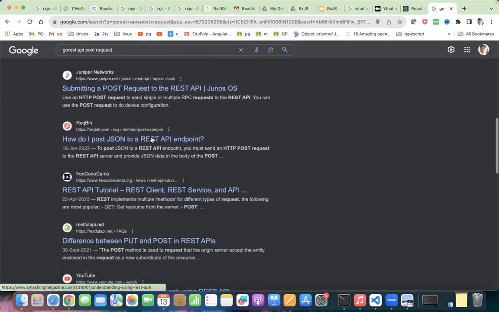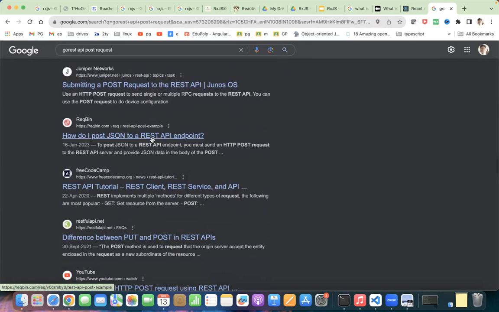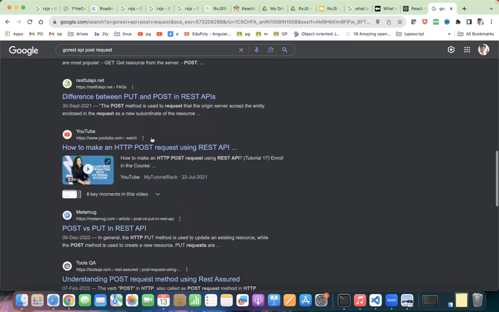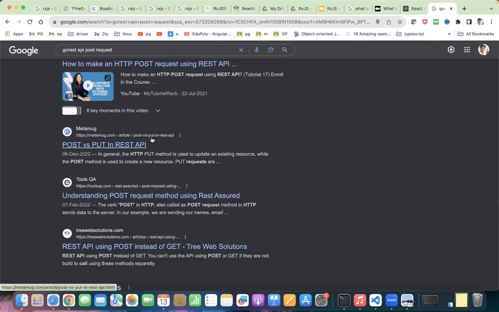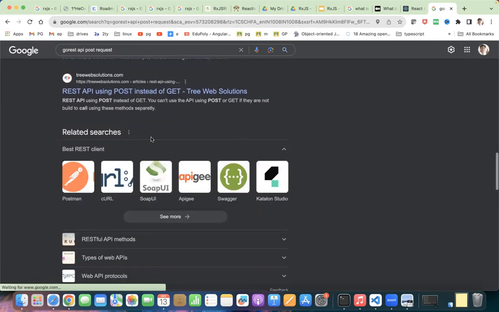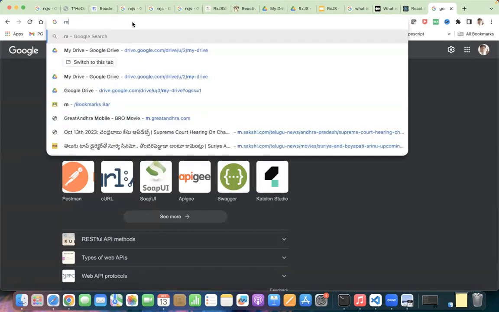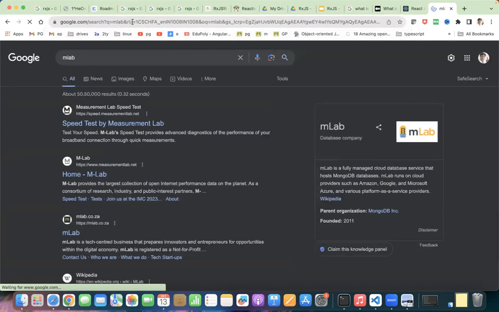It's not taking Go REST. I don't even get any proper link also. At least it was supposed to come. I used to have a beautiful server like mLab. Right now it is occupied by